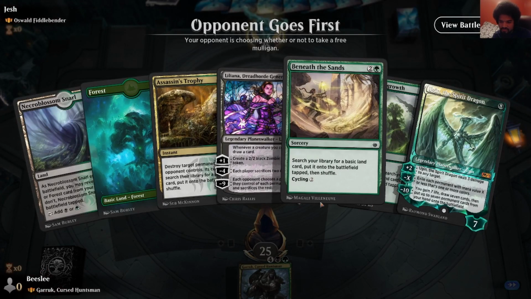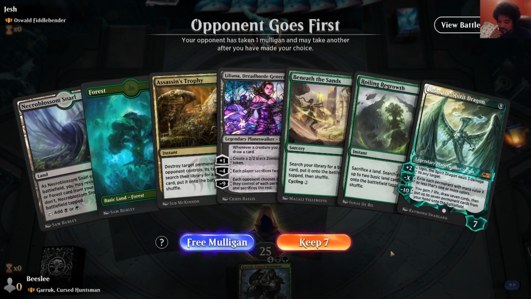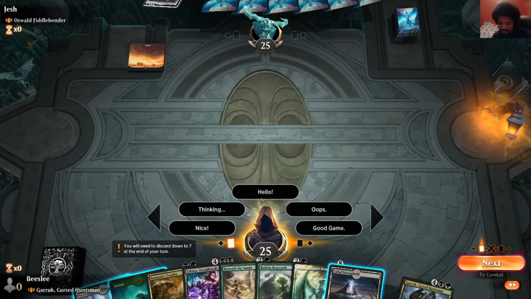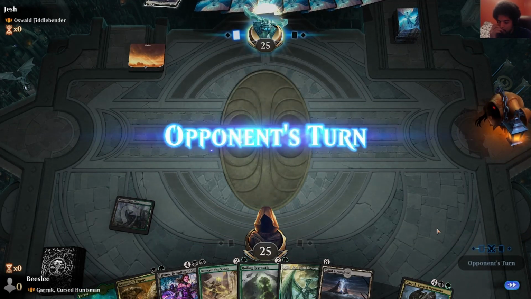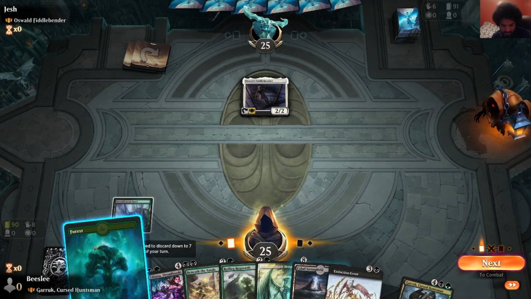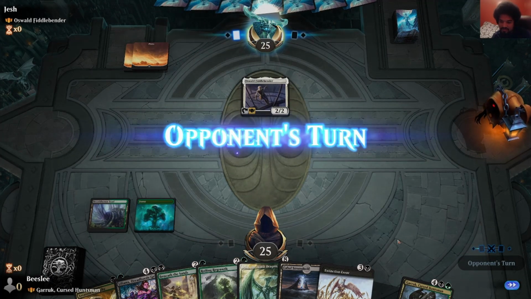Two lands, 3-mana ramp spells, Ujin, that's not great. I guess I'll keep this. So what does this do? Sacrifice an artifact, search your library for an artifact. Okay, I played against this once a while ago, and it didn't do anything. Maybe this time it will. Wonder if it's the same player. I don't see myself Assassin's Trophying it, so...